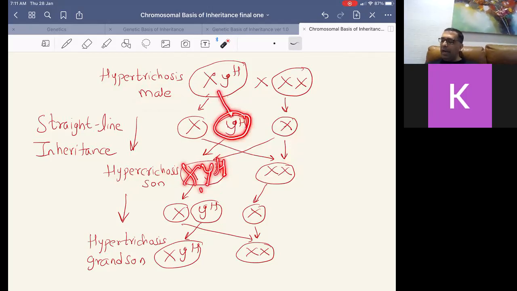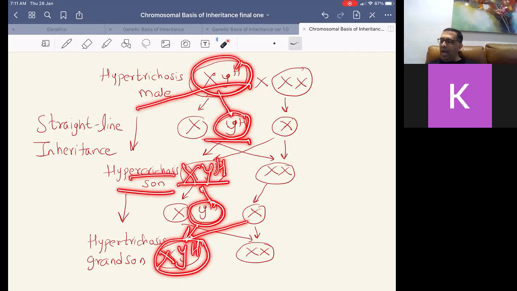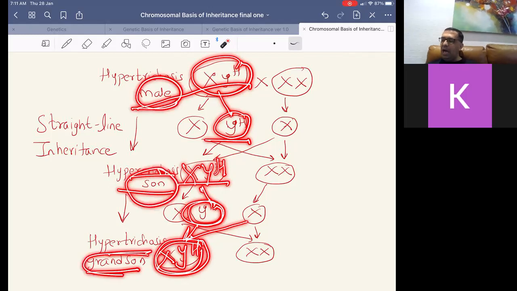From this son, again the gamete will be Y^H and will pass to the next generation, and the next generation will also suffer from hypertrichosis. So the disease has gone from male via son to the grandson, and this phenomenon is called straight line